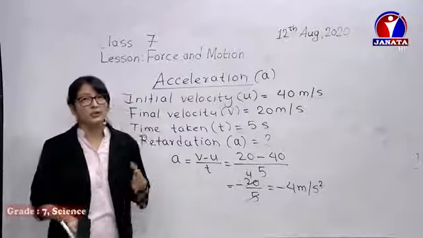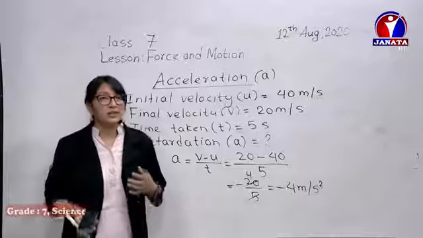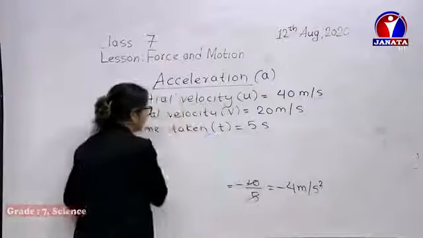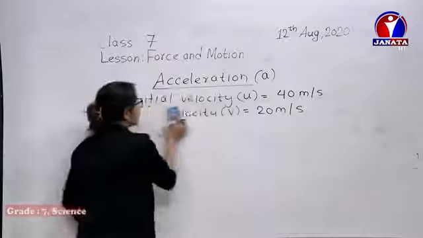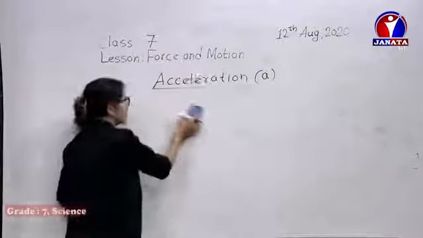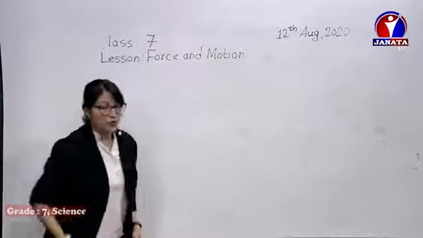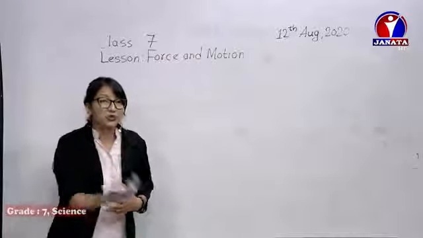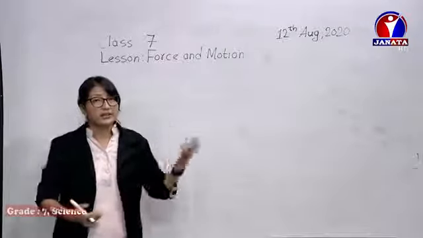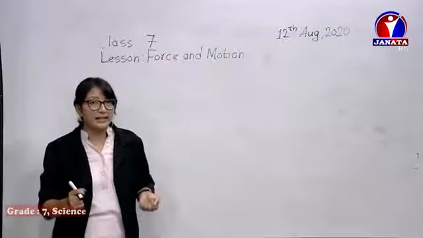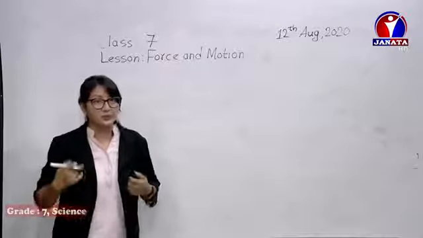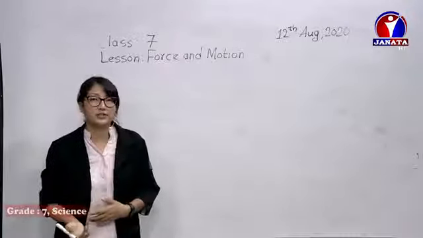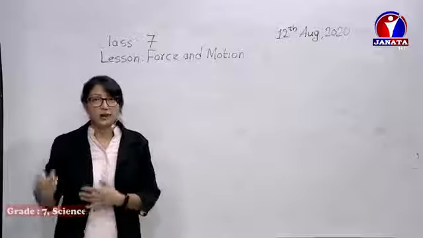Now one more point you can remember: whenever the vehicle starts from rest, please keep in mind its initial velocity is always 0. And if the vehicle is moving forward and, seeing something in front, the brakes are applied, its final velocity would be 0. You can keep this in mind so that you can solve more numericals related to acceleration afterwards.